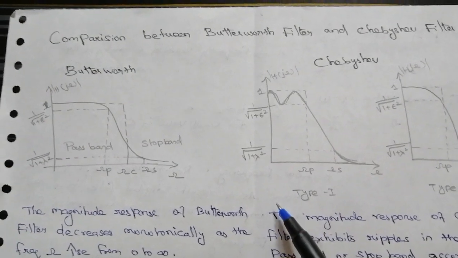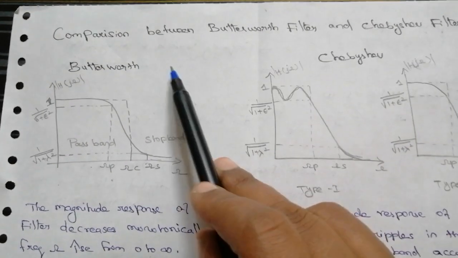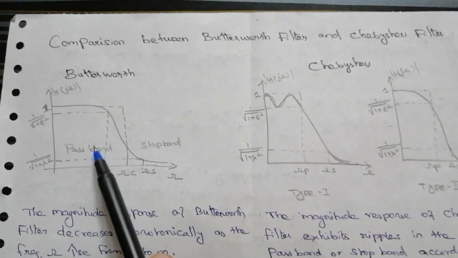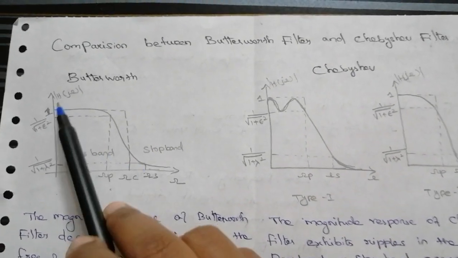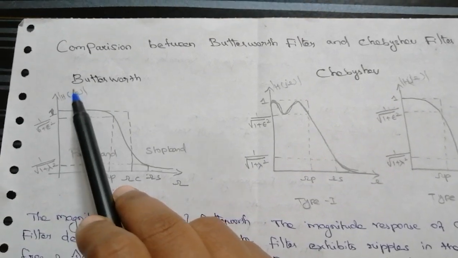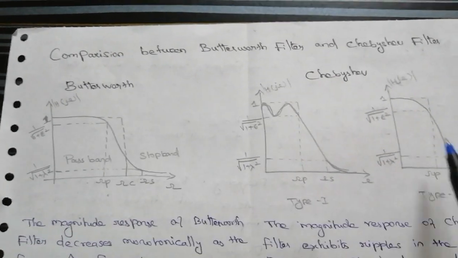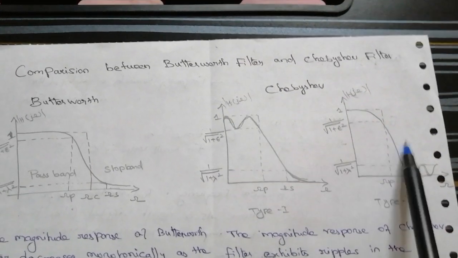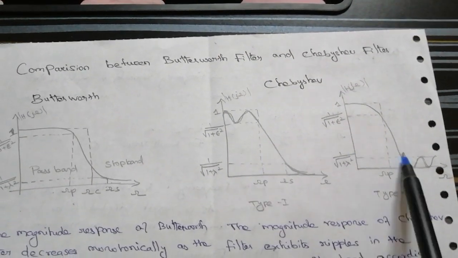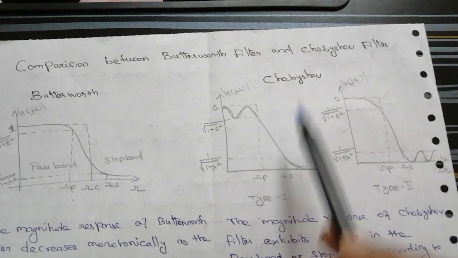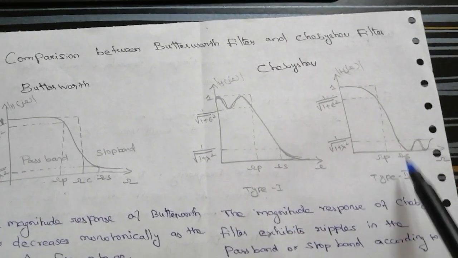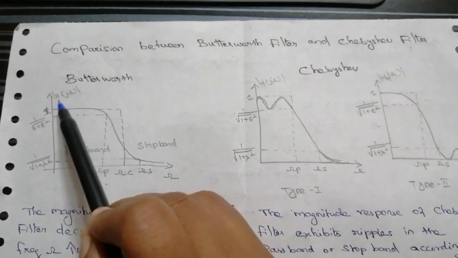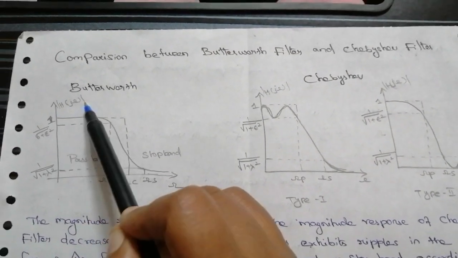Dear students, in this video, I am going to discuss the comparison between Butterworth and Chebyshev filters. This is the frequency response curve, which means the magnitude response curve, for the analog low-pass Butterworth filter. This diagram is the magnitude response curve for the analog low-pass Chebyshev filter. Here I have drawn two diagrams, which are the Chebyshev filter type 1 and the type 2 filter. So the first point in the comparison is the magnitude response, that is, H of j omega